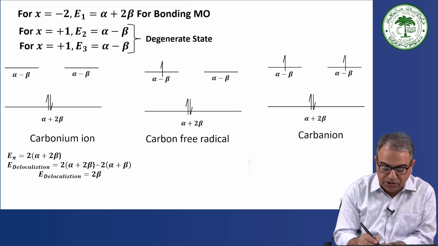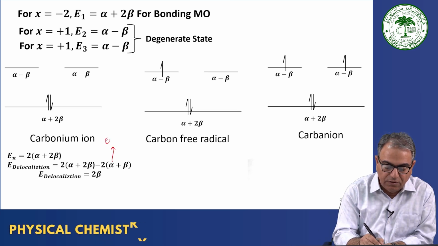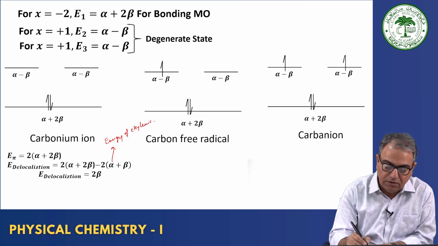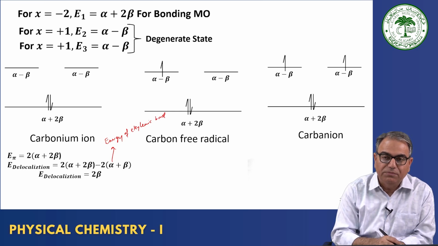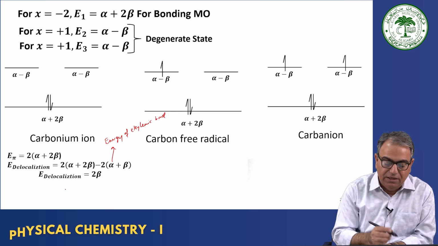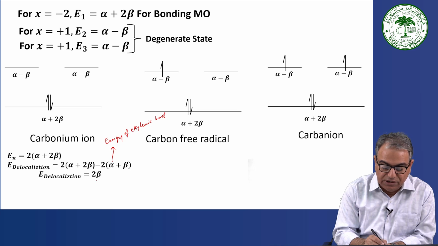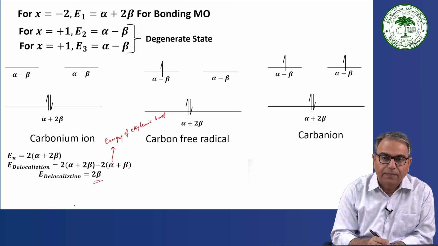So this is the energy of the ethylenic bond, alpha plus beta. So as compared to these 2 electrons being in ethylene, the energy gained is 2 beta. If you compare this energy with the ethylenic bond, then the energy gained is 2 beta, and beta you know